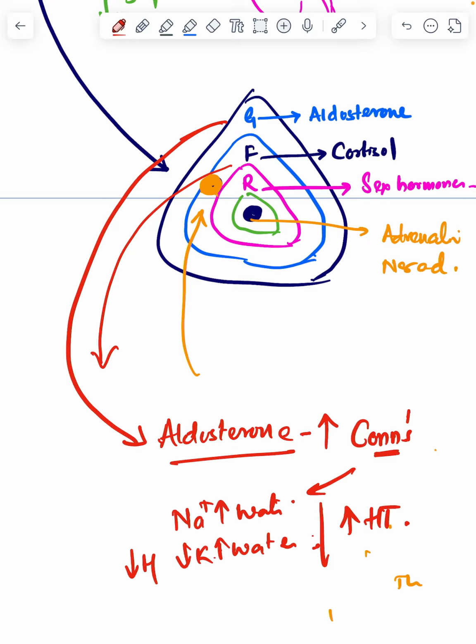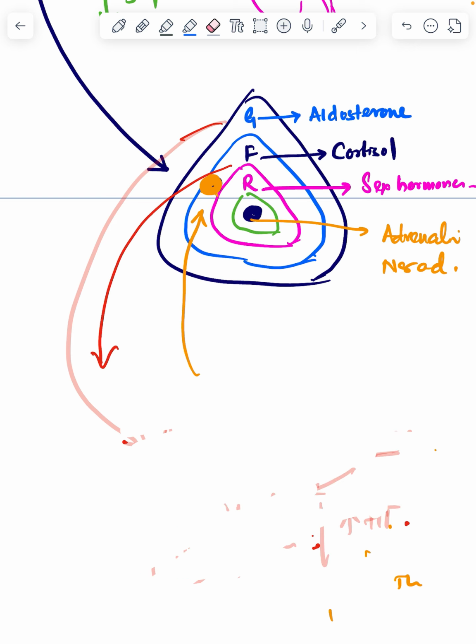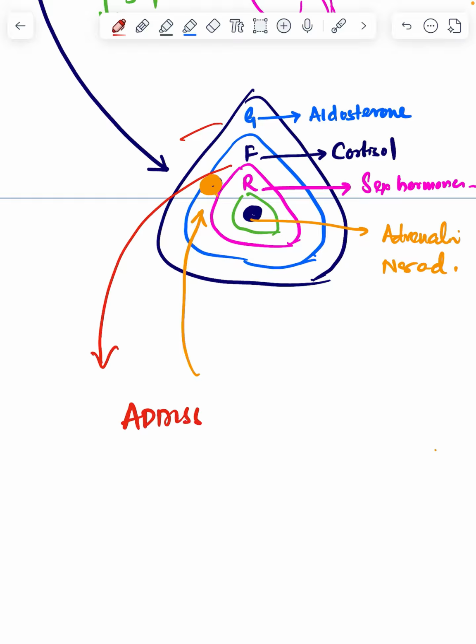Then there can be an adenoma. Potassium sparing diuretics are given because potassium is already lost, so spironolactone is given in this. So this is about increase of cortisol and aldosterone. When both these hormones are decreased, the opposite situation is Addison's disease. What is Addison's? Both are decreased, cortisol and aldosterone. That happens in adrenal insufficiency,